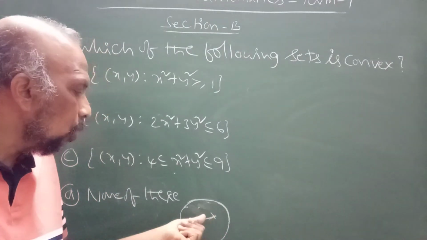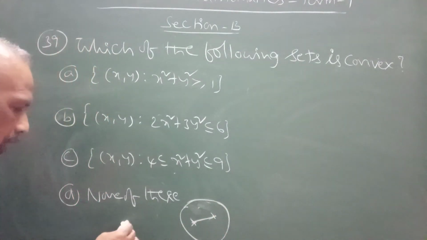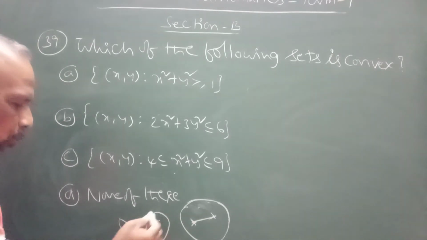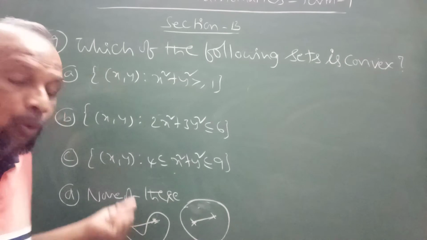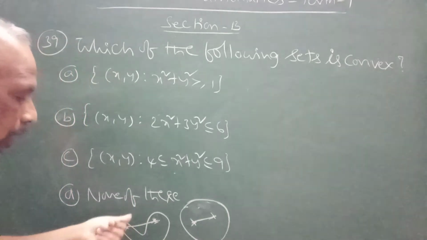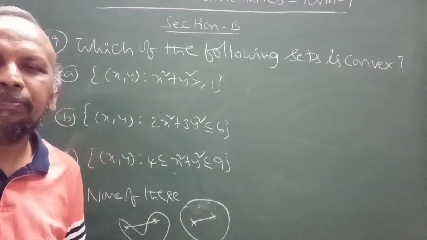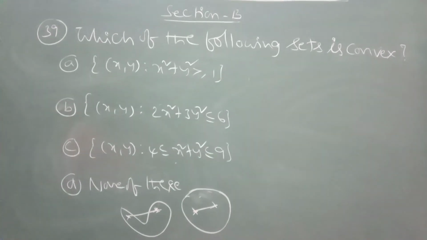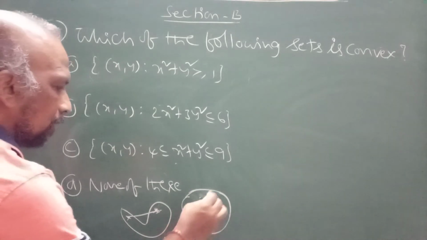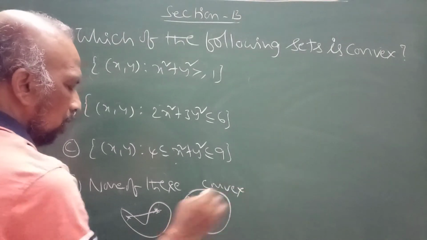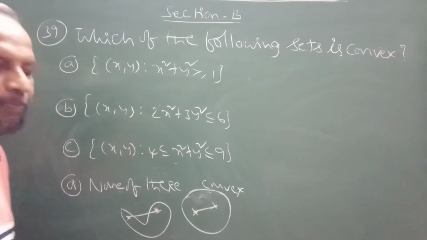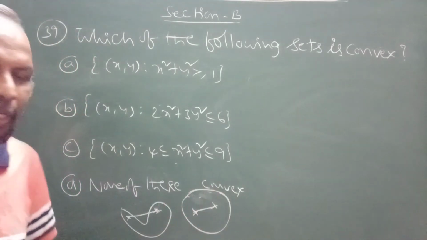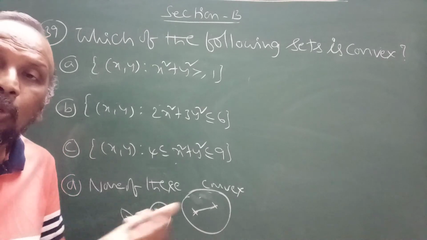This is called convex. Suppose you draw a curve like this. You take 1 point, and you join these 2 points. Some part of the line is outside of the curve. This is concave, it is not convex. So this is not convex. So this is convex. This is not convex. I can say concave for this one, and this is convex.